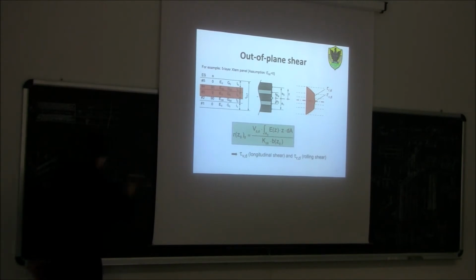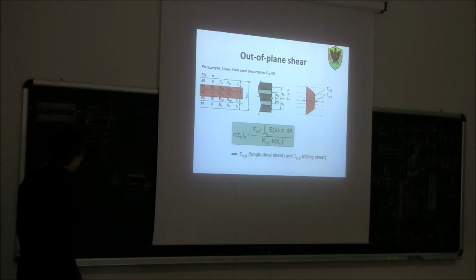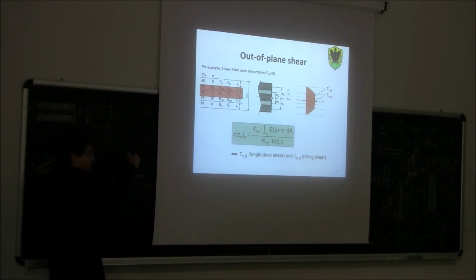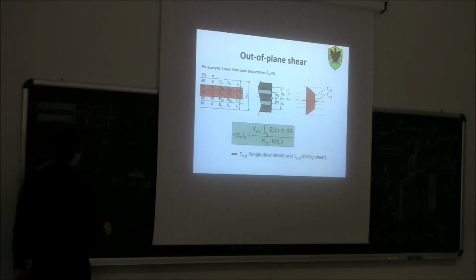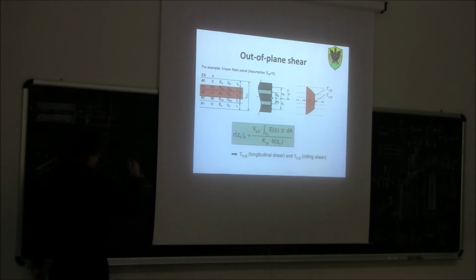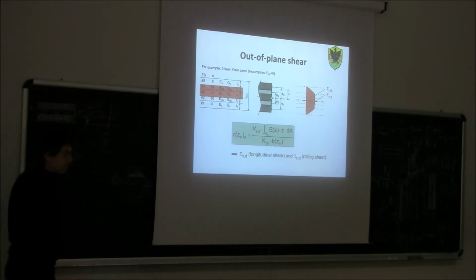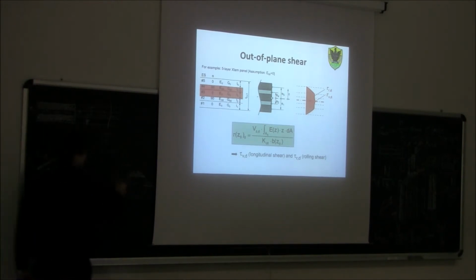I want to find the tau on this fiber here, so I need to calculate the first moment of area of the part of the cross-section either above or below the fiber, with respect to the neutral axis. So this will be the first moment of area of the part of the cross-section above the fiber, for example, with respect to the x-axis, which will be a function of y, of course, divided by